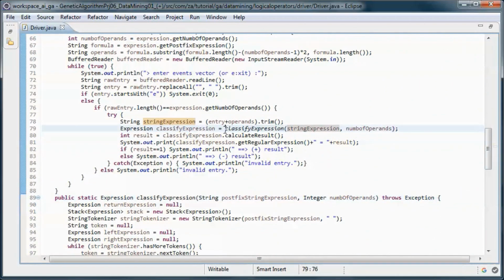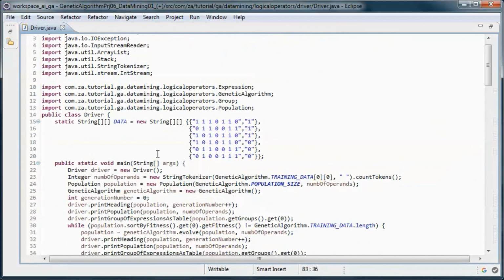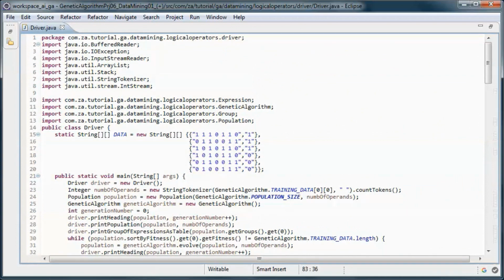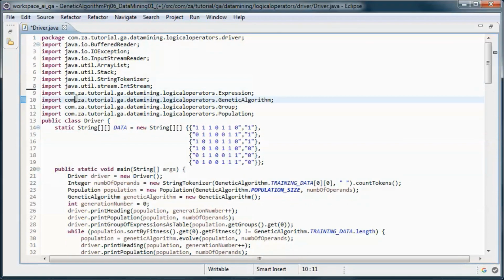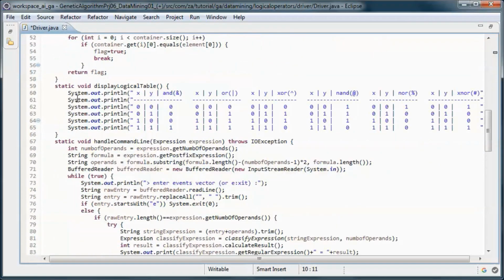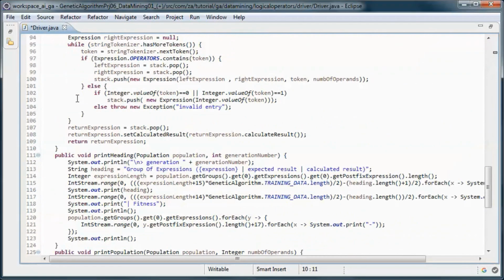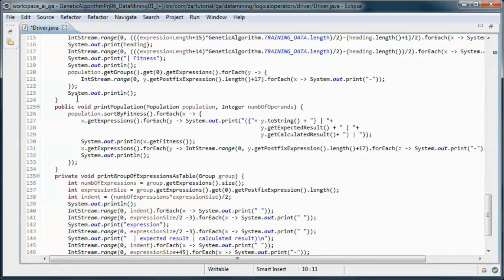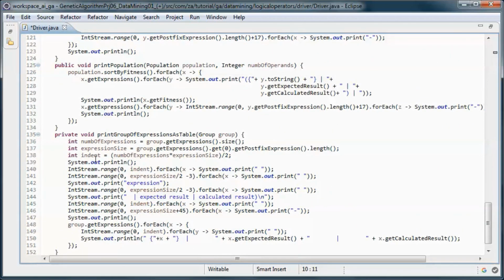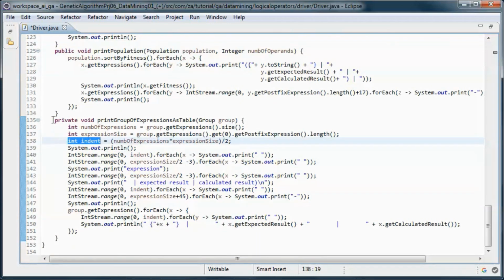Actually, it calls it here. And let's refactor this method and remove the indentation.